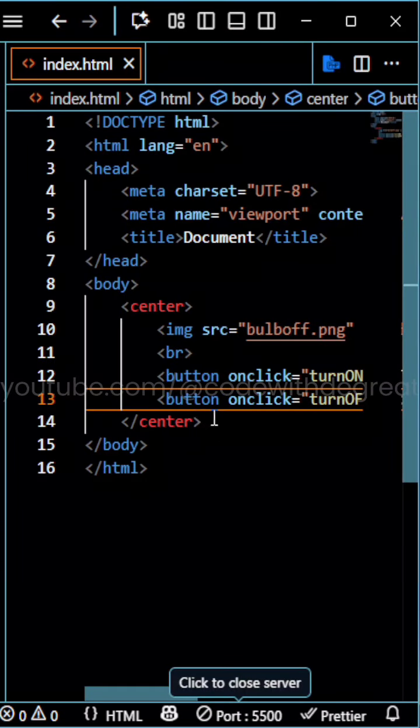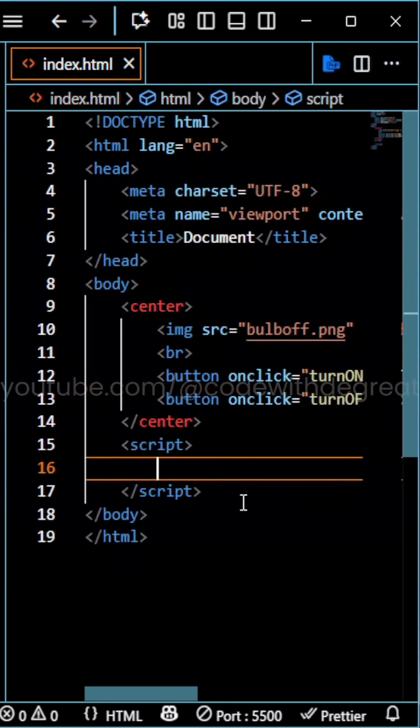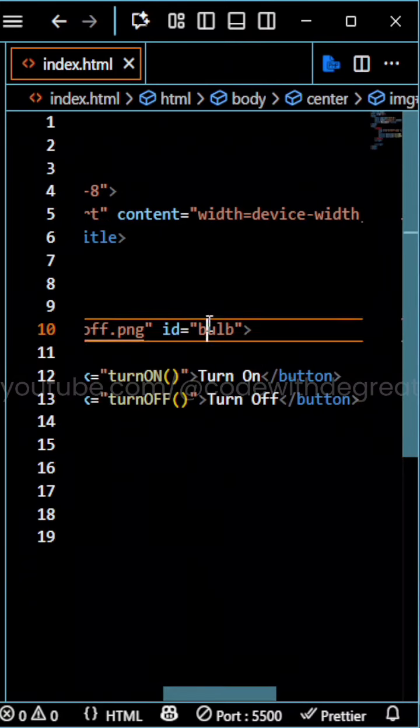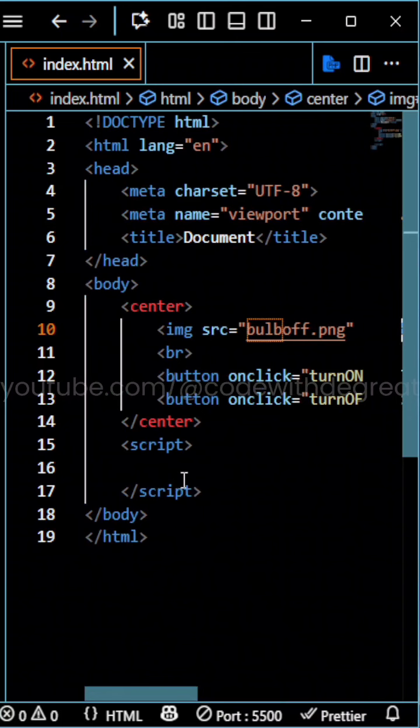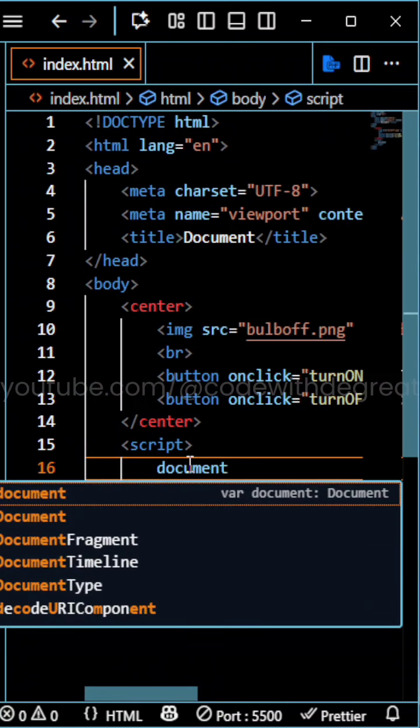Now after this center here, I'm going to be creating my JavaScript. So this is just the internal way to add your JavaScript. Then we are going to be getting this element first by its ID, which is Bob, as you can see here. And to access the element by its ID, we say document dot